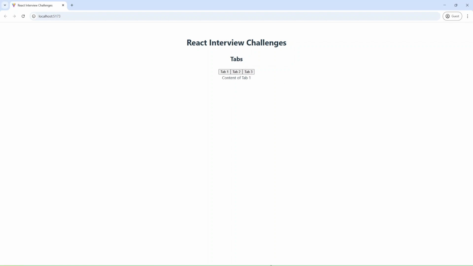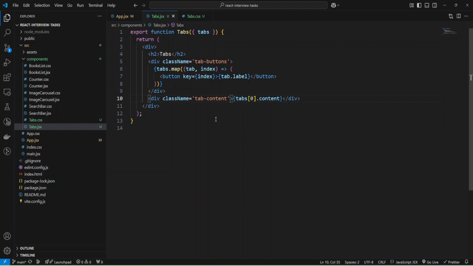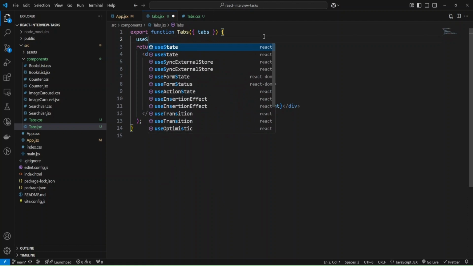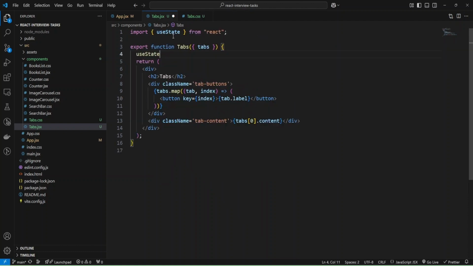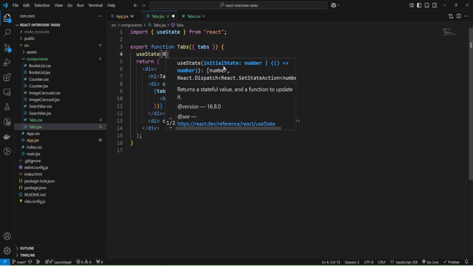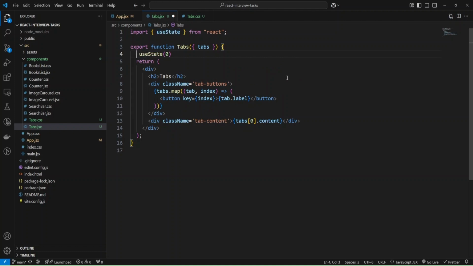And let's add functionality for our buttons. And for that, I'm going to add state variable with hook useState. As you can see, import was added, and initially it will be 0. And as you can see, useState returns a stateful value and a function to update it, and it returns array.